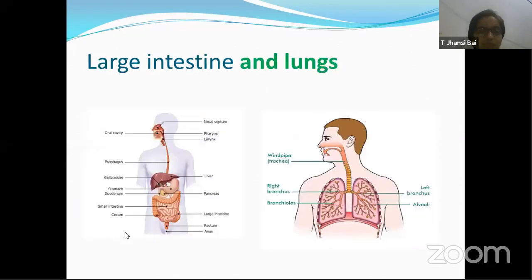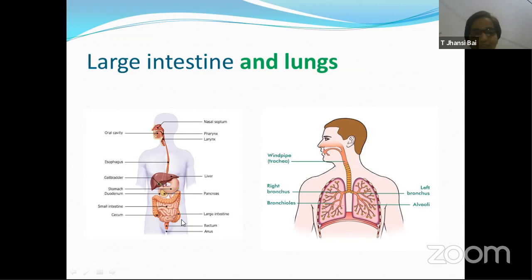To begin with, first large intestine. We know that there is no digestive process which takes place in the large intestine. It helps in reabsorption of water. All the undigested waste material moves through this, which we call bowel movement, stays temporarily here in the rectum and is sent out through the anus. So the large intestine is removing solid undigested waste material out.